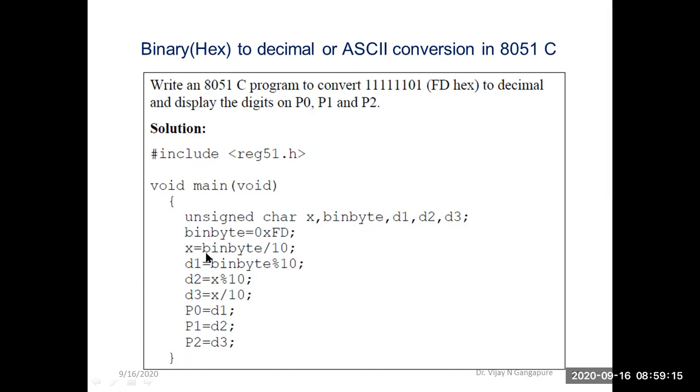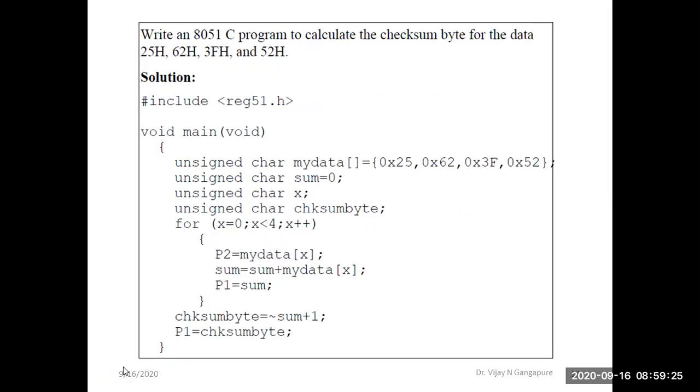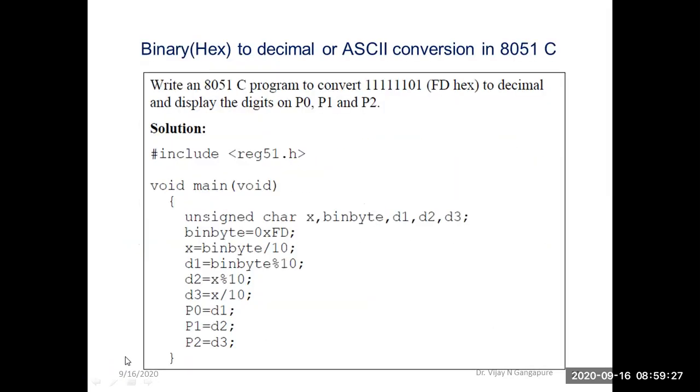Then x is equal to bin byte divided by 10. Now I will use the pen tab. Here x will get divided by 10. Sorry, bin byte will get divided by 10. So what is the value in bin byte? That is FD. FD in decimal, if we convert it, what is the value? I think it is